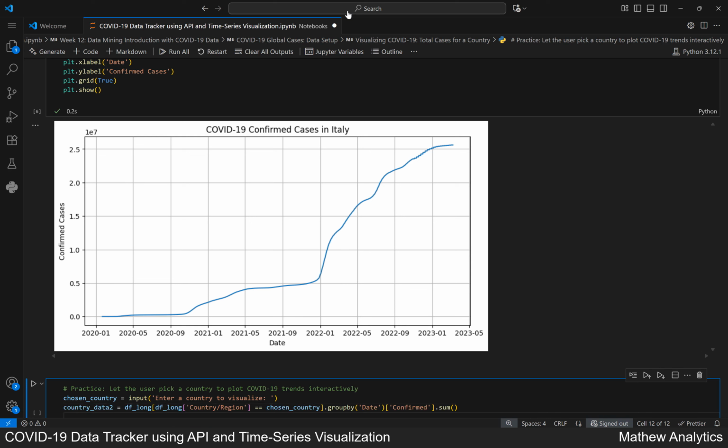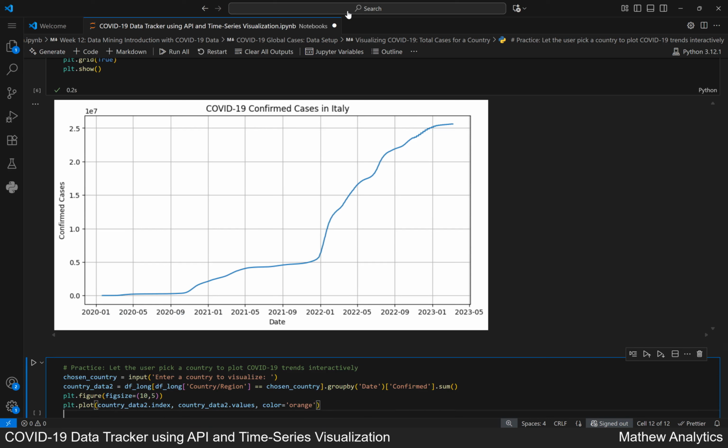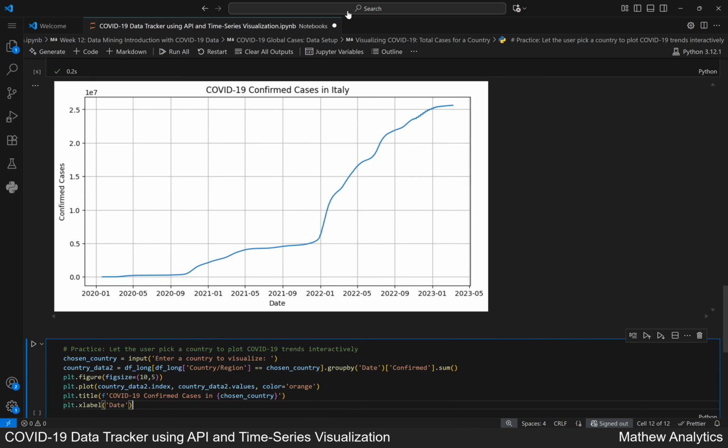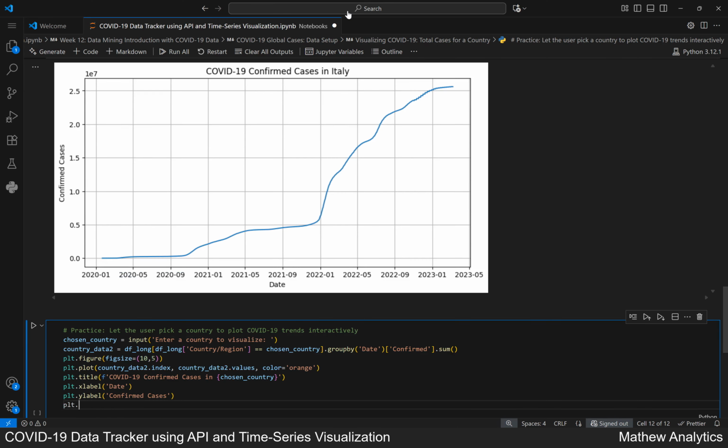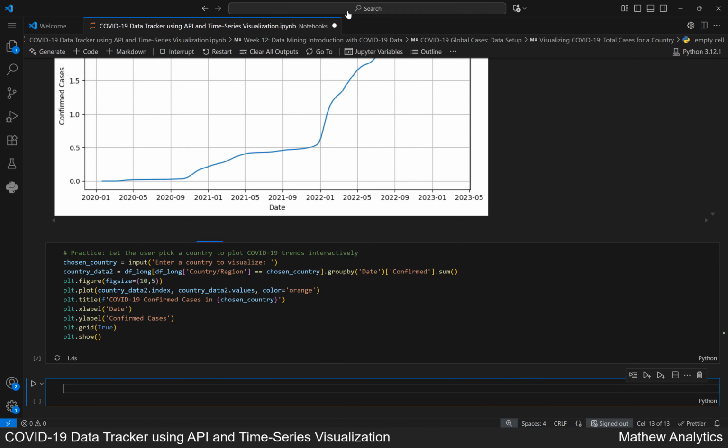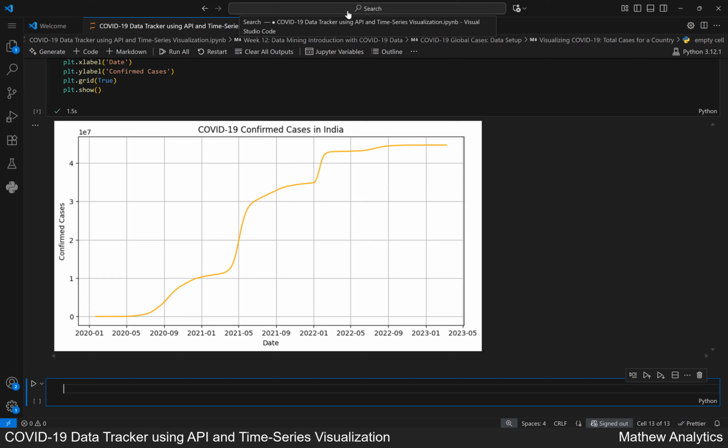We make a new wide plot window for easy viewing. We plot the chosen data in orange to tell it apart. We set a title to show which country the user picked. We label the y-axis as confirmed cases. We label the x-axis as date. We use a grid for readability. We display the new plot. Running the cell now. The plot displays the trend of total confirmed COVID-19 cases over time for the selected country,